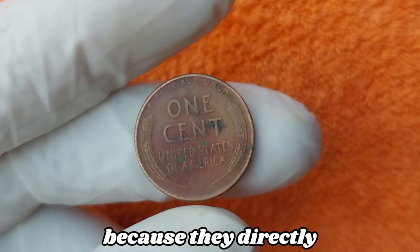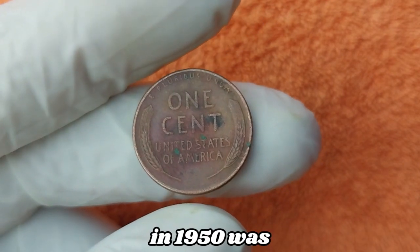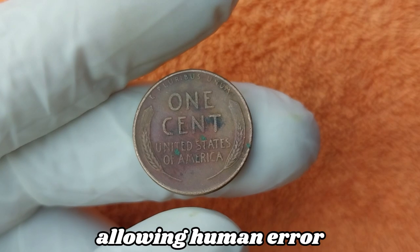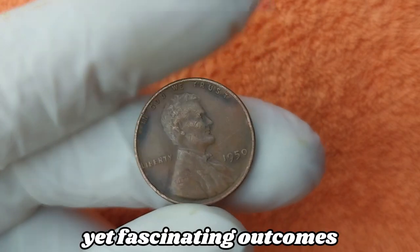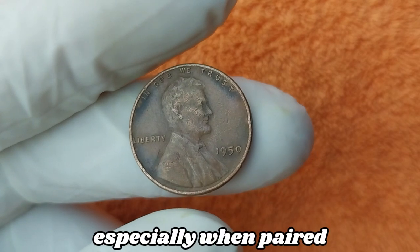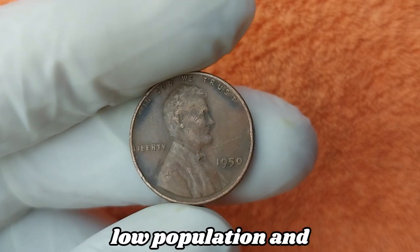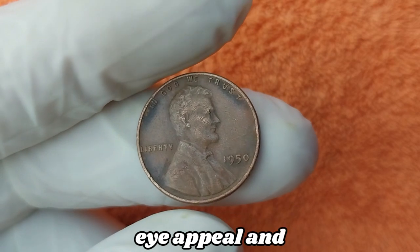collecting world because they directly connect to the physical minting process, a process which in 1950 was still done partly by hand, allowing human error to create unintentional yet fascinating outcomes that today make such coins extremely collectible, especially when paired with other factors like high-grade preservation, low population in certified mint state grades, eye appeal, and